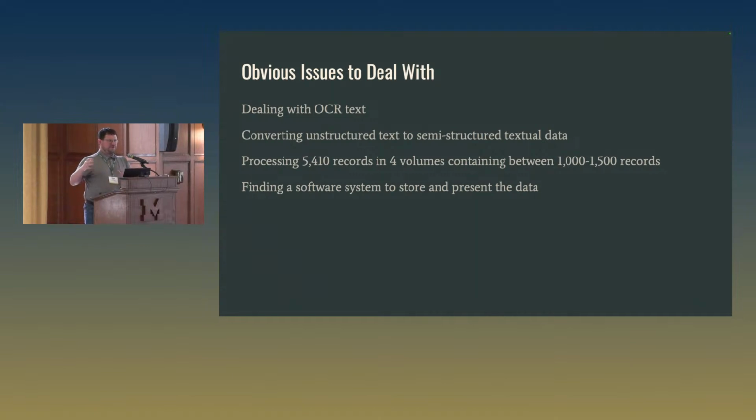We're trying to convert unstructured text, just the characters in a file, into something at least semi-structured enough to jam into a couple of fields so a computer can at least throw it up in the correct part of the page. On top of that, we're processing over 5,000 records over the course of 4 volumes, each of which has over 1,000 records a pop, and so